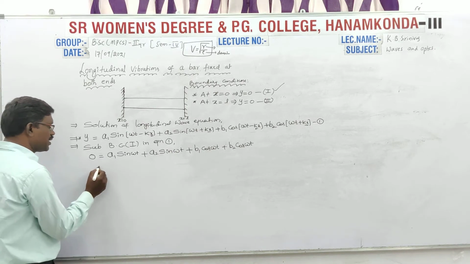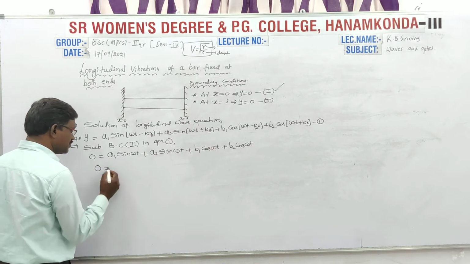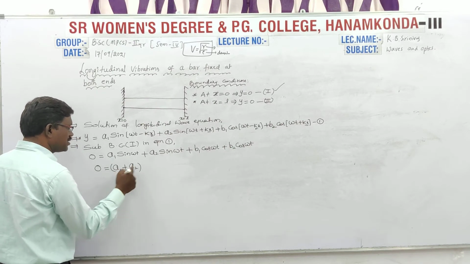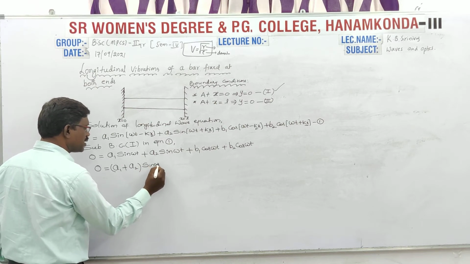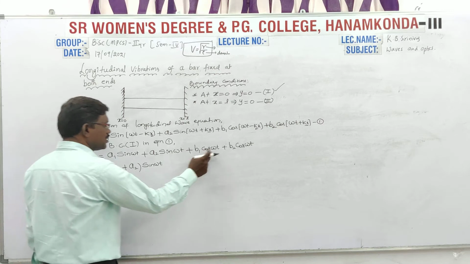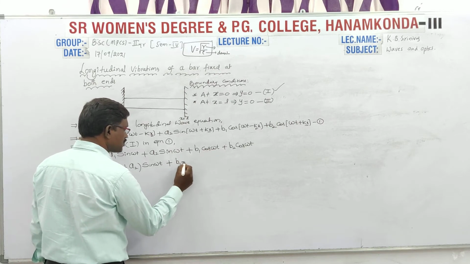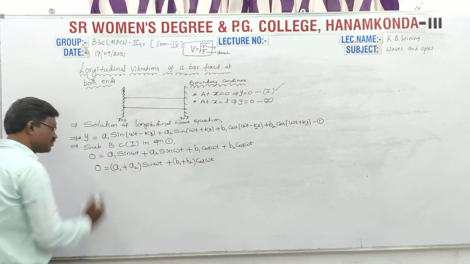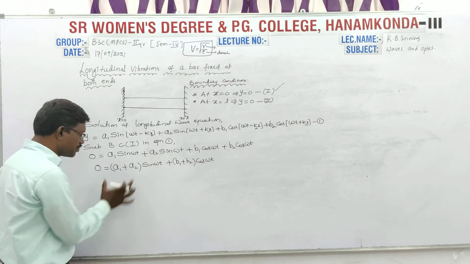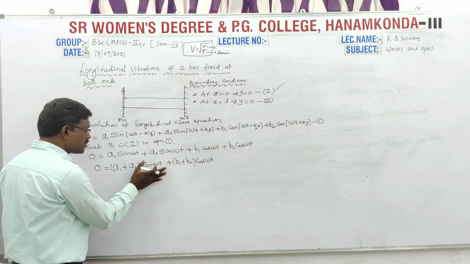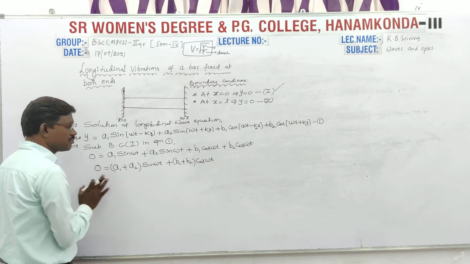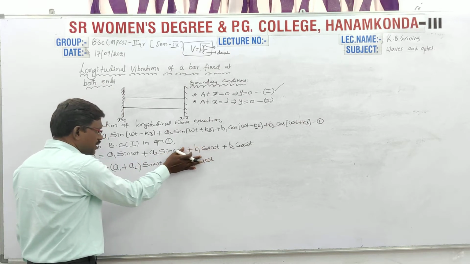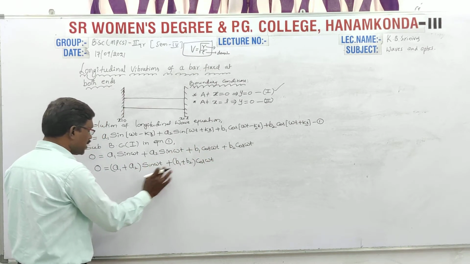Simply here I am taking sin omega t as common. So this becomes a1 plus a2 of sin omega t. Similarly, b1 plus b2 of cos omega t, which is equal to how much? 0. See the expression carefully. The product of these two terms is equal to 0. That means one of the terms may be equal to 0. This becomes 0, this maybe becomes 0, 0 plus 0 becomes 0.